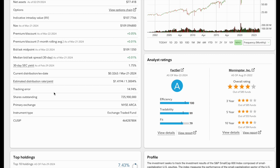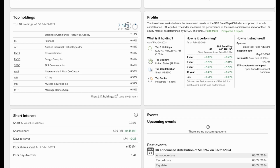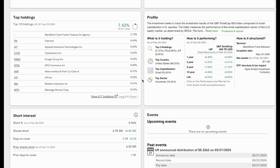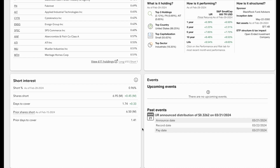Tracking back to the left side, you can see that the tracking error is 14.94%, so it's definitely something to be interested in. But overall, top 10 holdings make up 7% out of 611 funds total for IJR. And as we said before, the recap, IJR's prospectus stated objective: the investment seeks to track the results of the S&P Small Cap 600 Index of small capitalization U.S. equities, and it does a decent job of that, just that 14% tracking error, so you definitely have to keep that in mind. But as you can see, it's in the United States, 99%, small capitalization, 55%. Its top sector is 18% industrials, and the life of the fund is 9.54%. So overall, it's done very good. So long term, this is definitely...